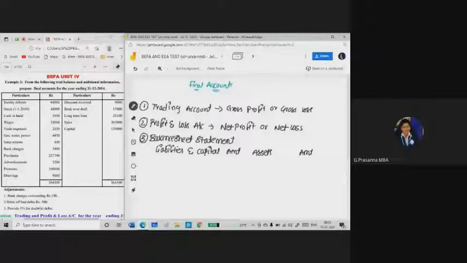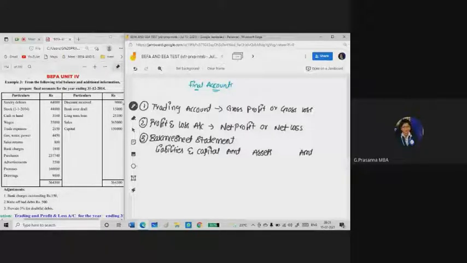Okay, he has given a balanced trial balance. So how can I know it is a balanced trial balance? You can add the total of debit and credit, and you will be getting equal totals. Sometimes it will be an unbalanced trial balance and sometimes it will be a balanced one. And here he has given a few transactions. Now you need to identify which one belongs to which category, whether we have to post them in the trading account or profit and loss account, or whether we have to show them in the balance sheet statement.